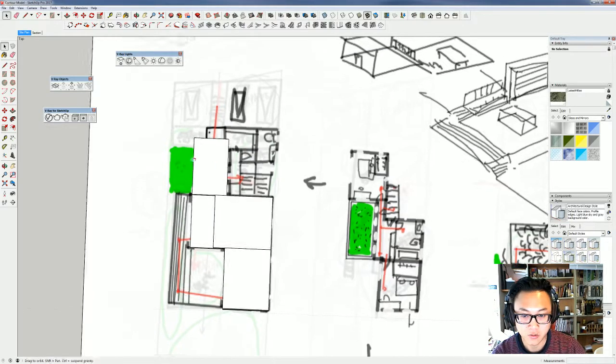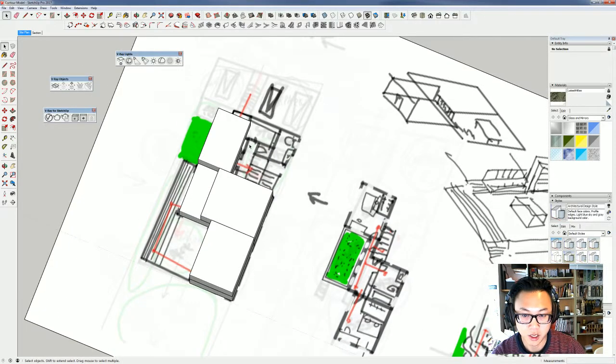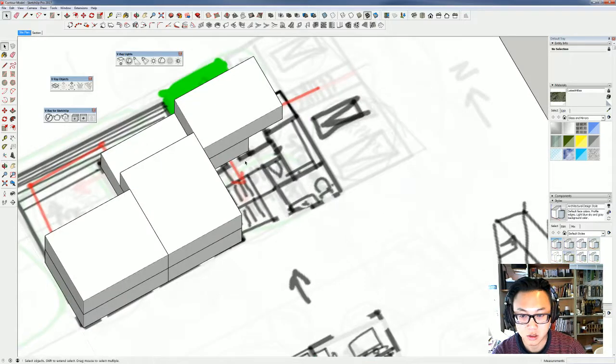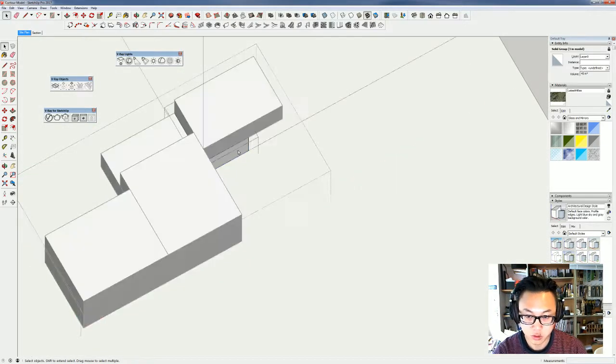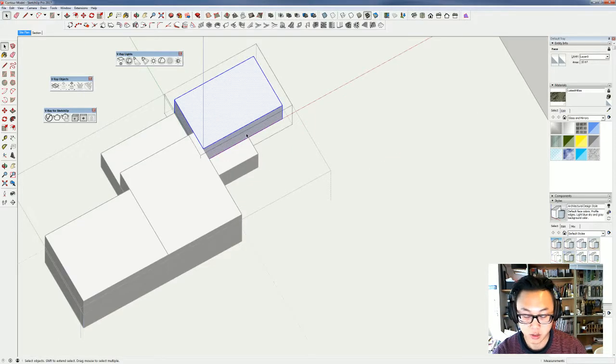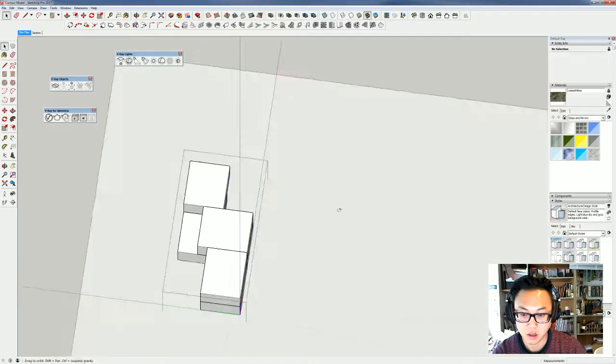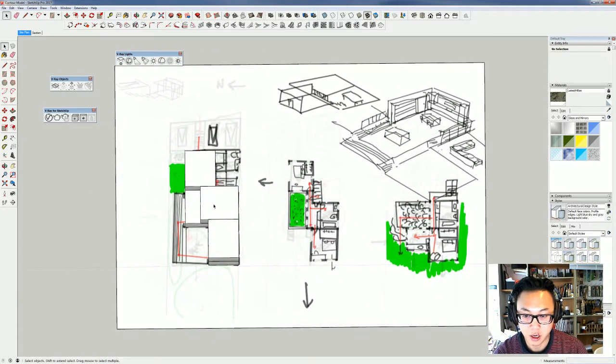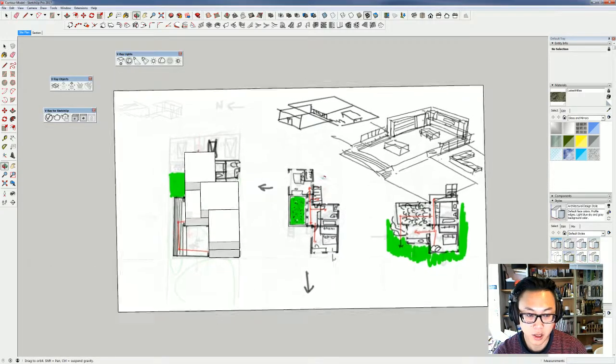I think I'll have to push those volumes a bit here. So I'm gonna push those 1.5, and this one as well, 1.5. So now we got our upper,